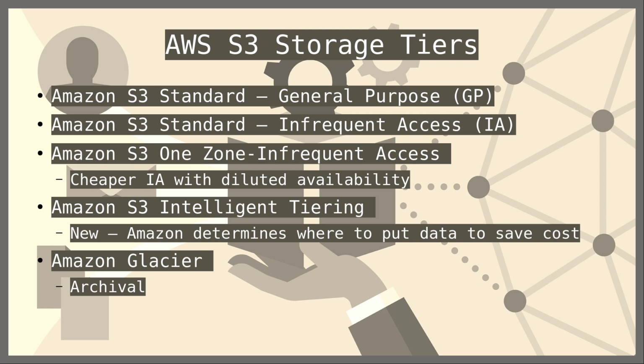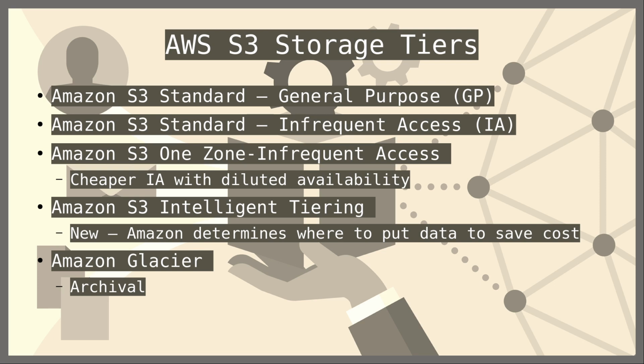So the very standard thing is the general purpose S3 standard, the Amazon S3 Standard general purpose tier, where the data we are looking to store will be accessed frequently, and it's basically the default option for storing data in S3. The second option is infrequent access, IA, which is slightly cheaper than general purpose, and it is useful if the data is not accessed that frequently, and we are okay with the response to the data being a little slower compared to general purpose.